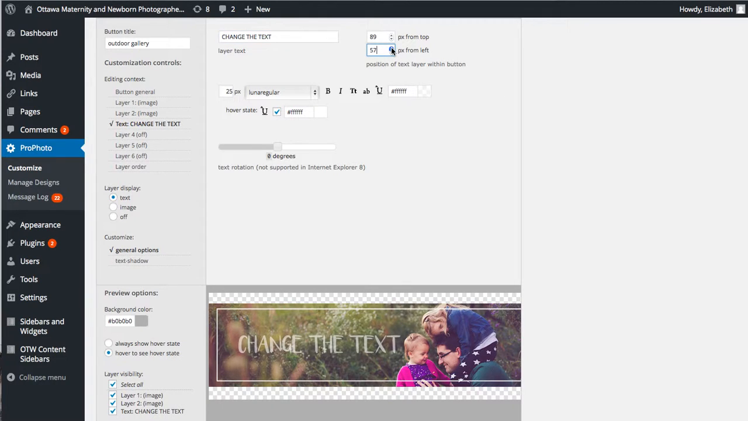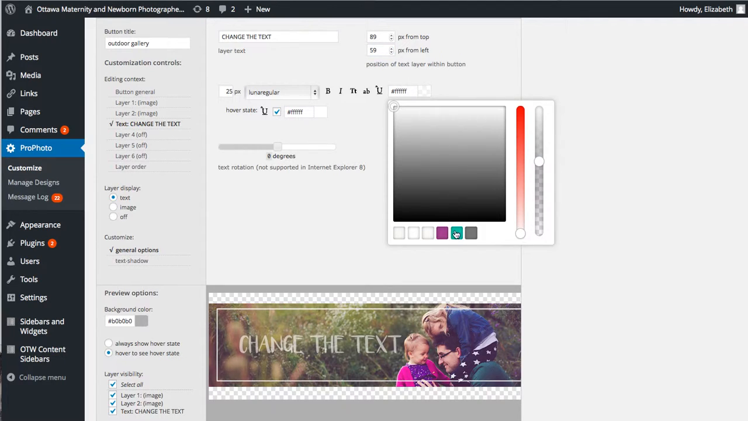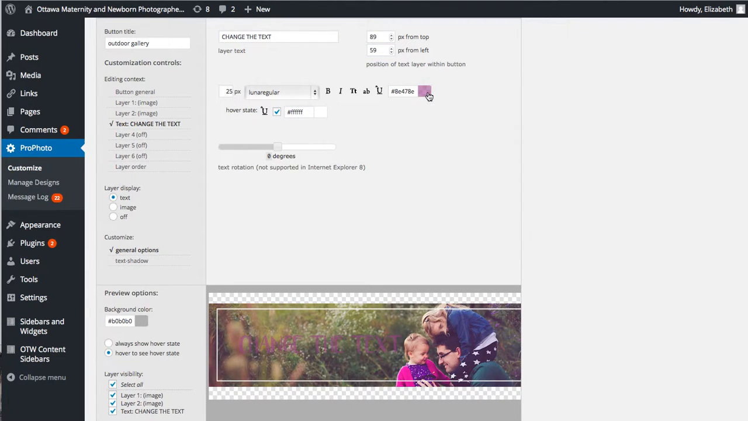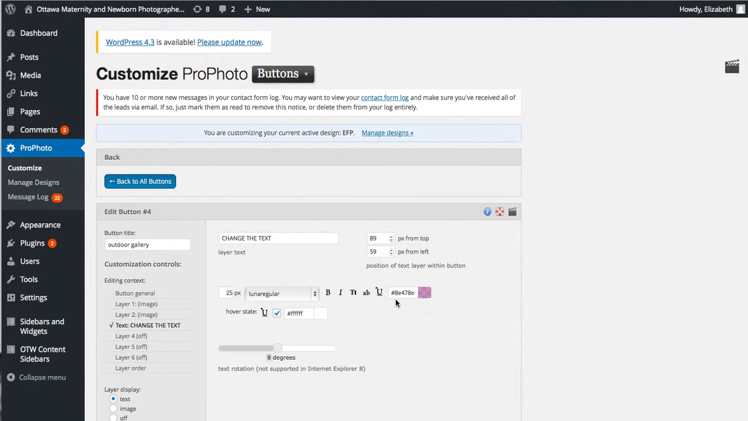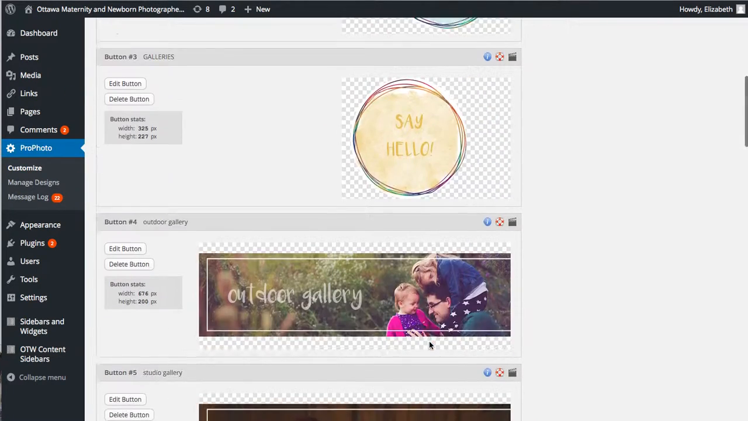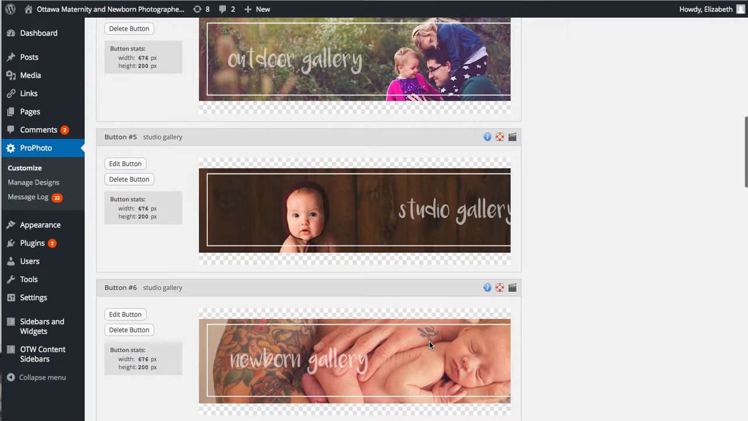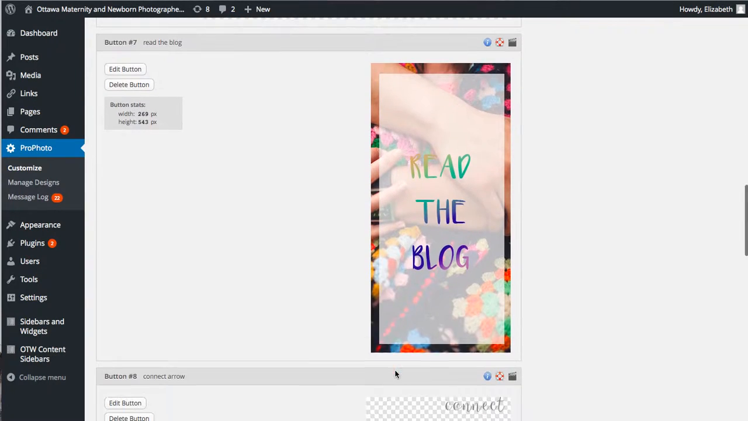You know, and this can be moved that way and this way. You can change the color of it, all of that. It's pretty cool. But we're not going to save any of that since I just messed around with all of it. And that is how you change out all of the buttons. Same thing goes for all three of these buttons and your read the blog button as well,